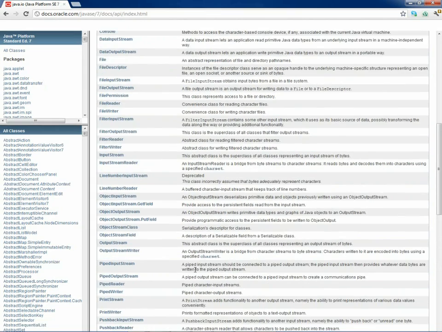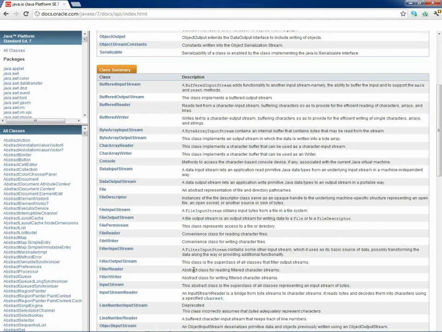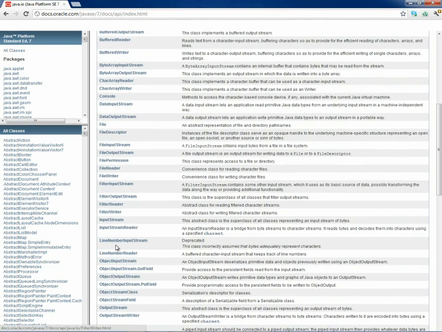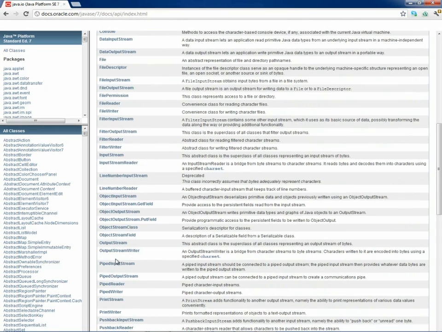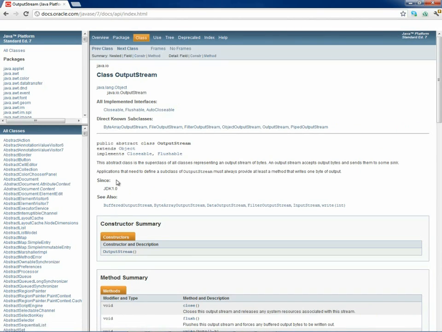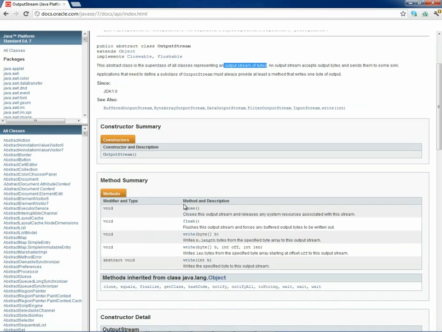We have talked about the classes, that some of them are byte-oriented, and the most important are the input stream and output stream. Well, these are here, of course. Let's go inside the output stream this way. This is an abstract class, and this is a superclass of all classes representing an output stream of bytes. Well, the most common methods are here. You just close, write and things like that, flush. We will use them in the practical part,